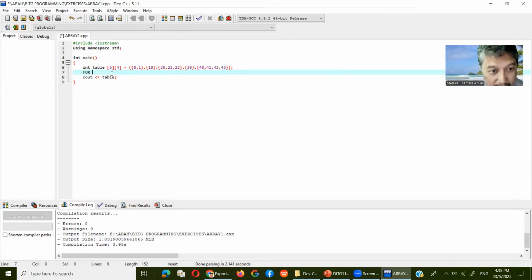I mean a for loop. For integer i equals 0. So i is for the rows, and then later we have to do the column. So i equals 0, then